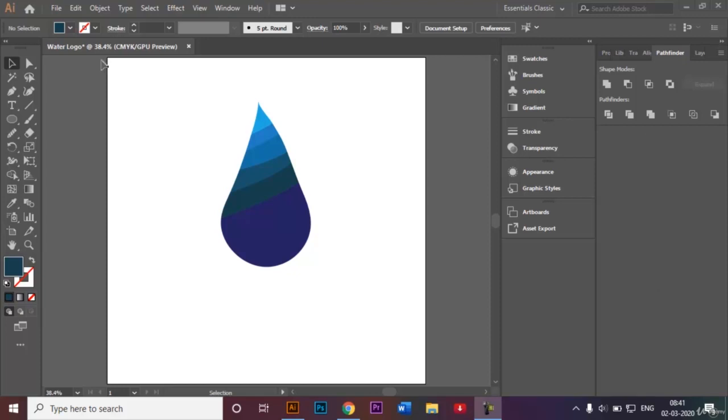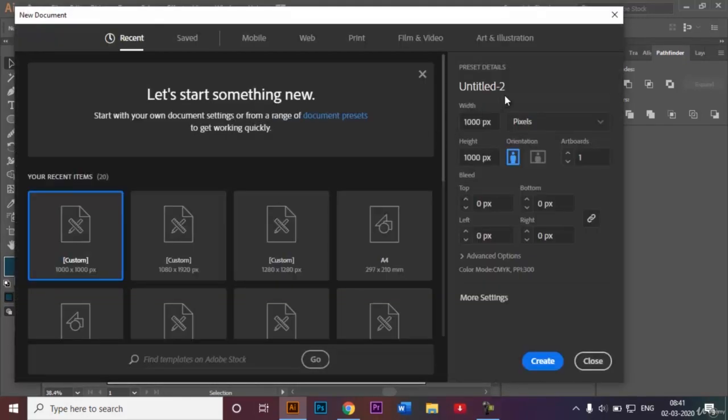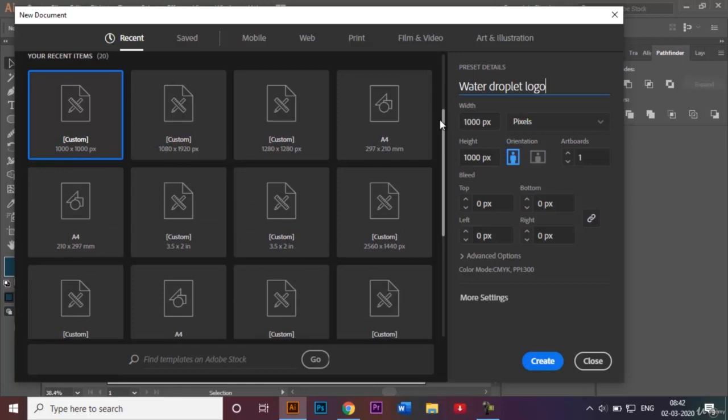For this tutorial I will be using this custom size document which is 1000 by 1000 pixels, and I will be renaming this document to be water droplet logo. As you can see, Adobe Illustrator provides a huge variety of these custom sized documents which